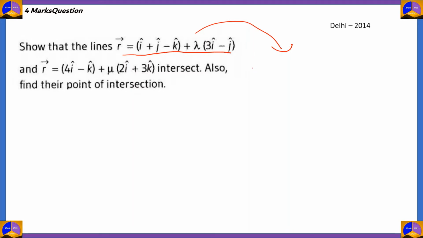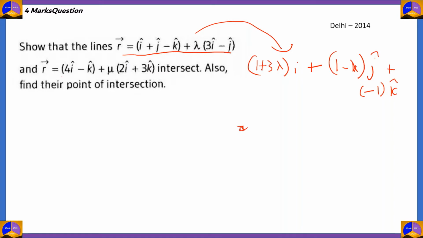So it will be (1 plus 3 lambda) i cap, because there is 1 i cap plus 3 lambda i cap, plus (1 minus lambda) j cap, plus minus 1 k cap,